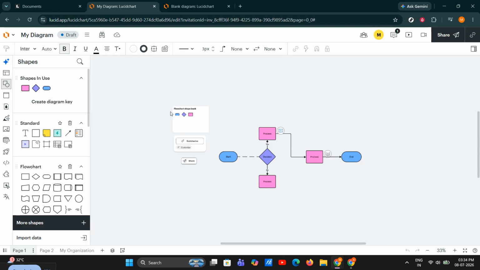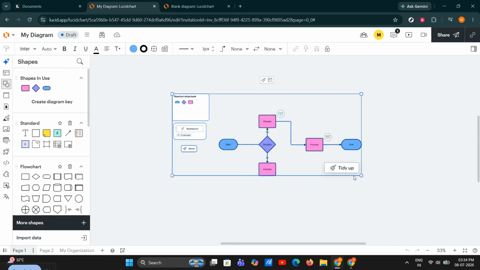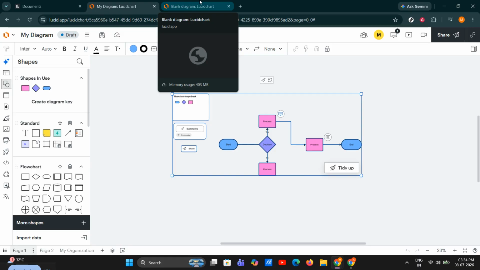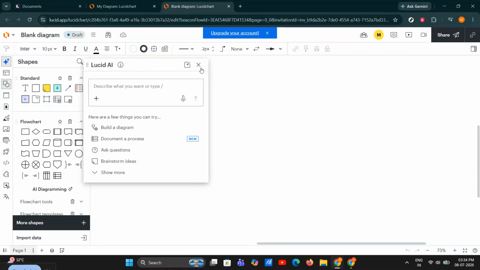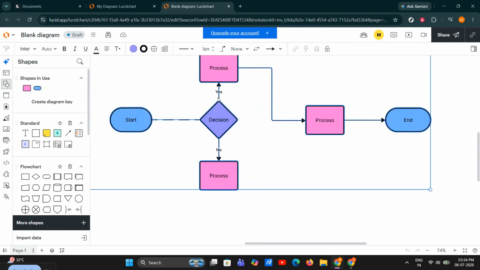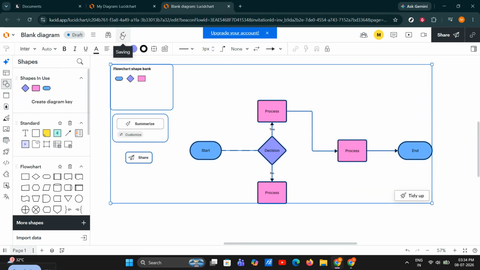On Windows, that's Ctrl+A, then Ctrl+C. On Mac, use Command+A, then Command+C. After that, paste your elements into the new file and wait for the save status at the top of the editor. You want to see the save notification so you know the document is syncing correctly to the cloud. If the new document saves properly, that's already a strong sign the issue is tied to the original file